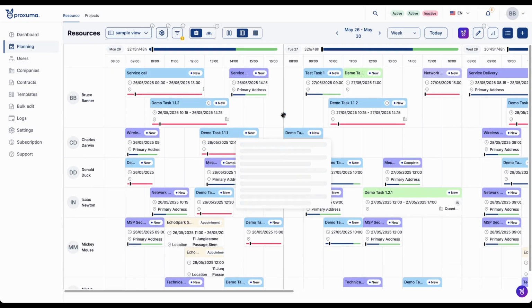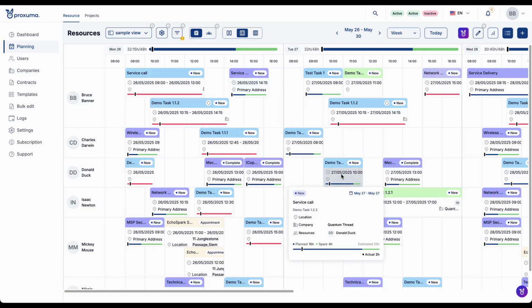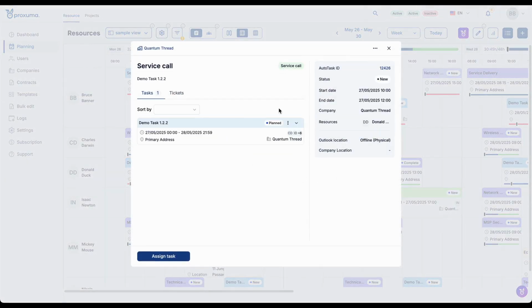And the service calls all have these color bars on the bottom. These represent the estimated hours, green, minus the planned hours, dark blue, and then the actual hours are the vertical portion of the little bar. All of these can be seen